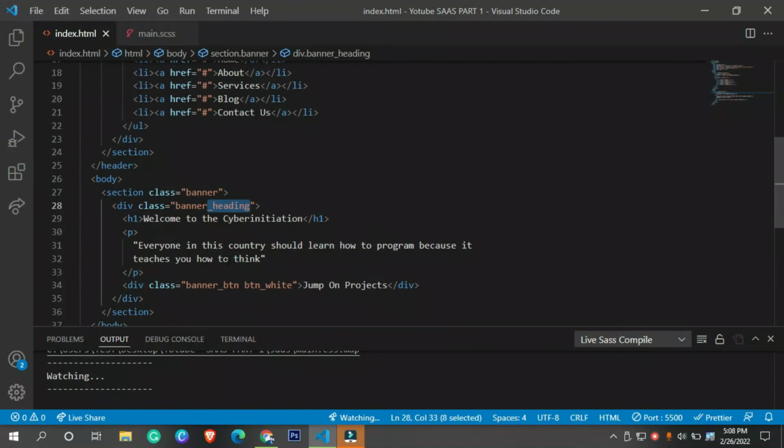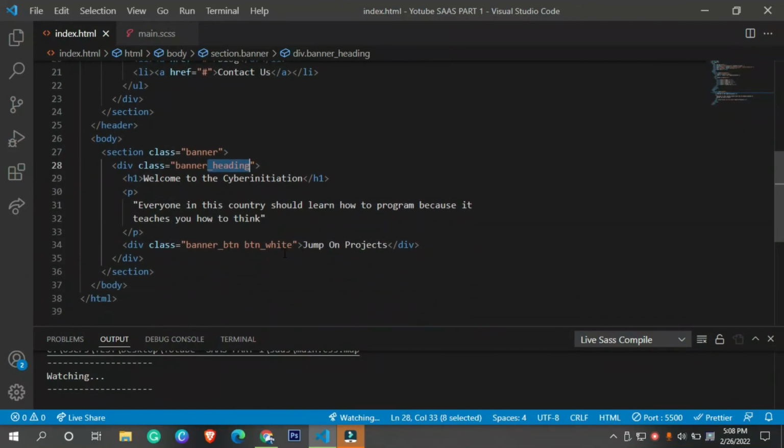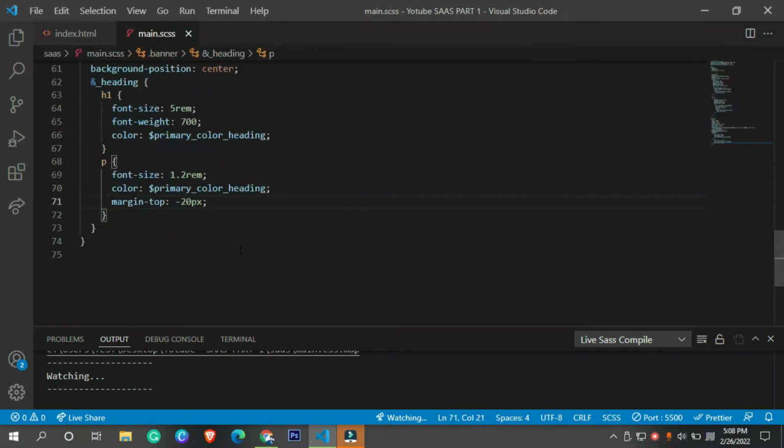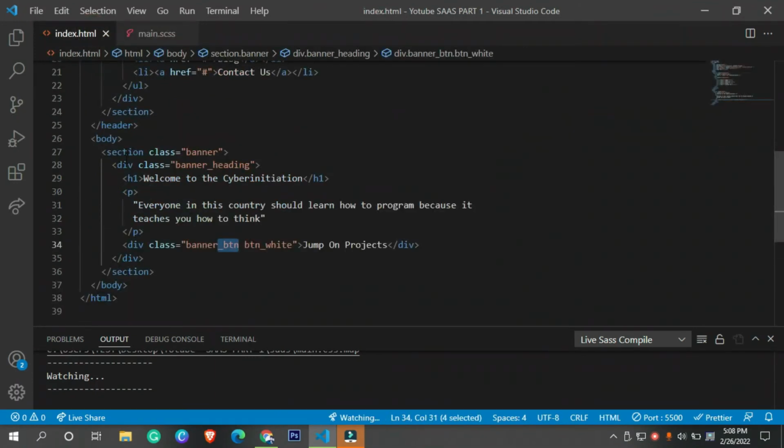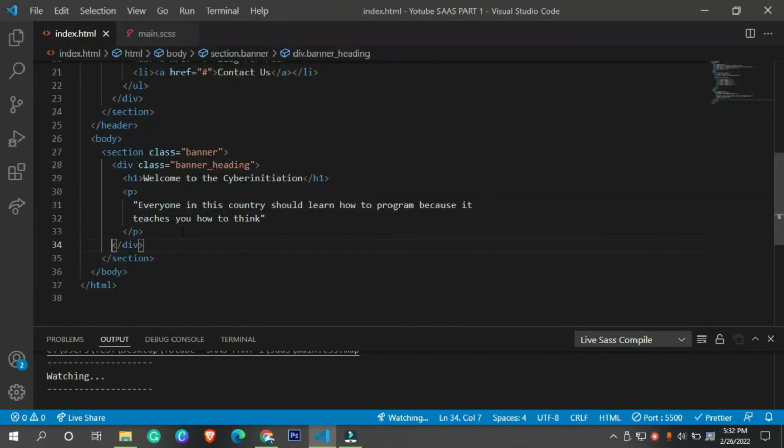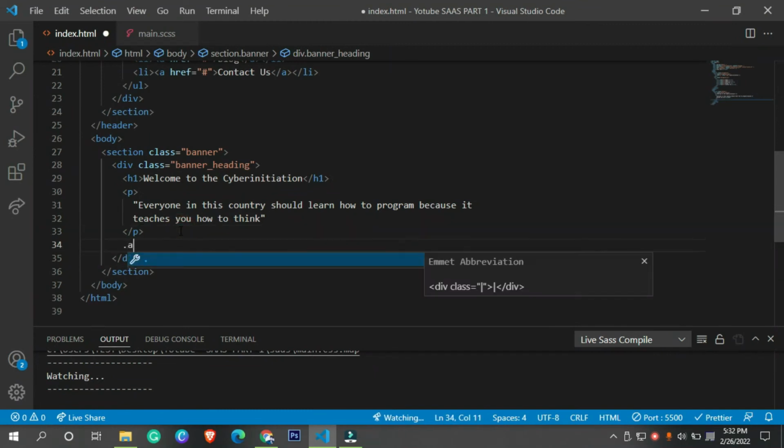And now we need to focus on, sorry guys, now we need to focus on some of the other things. We need to focus on our button. So let's have this button. So let's say I'm going to delete this button class and I'm going to add another button class.